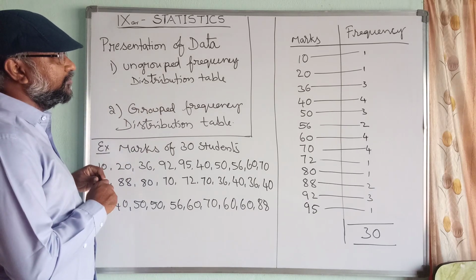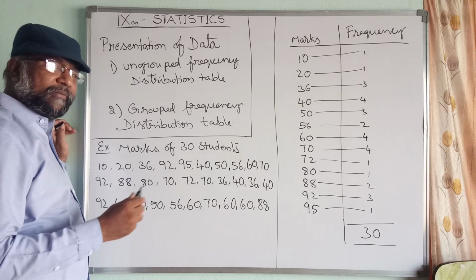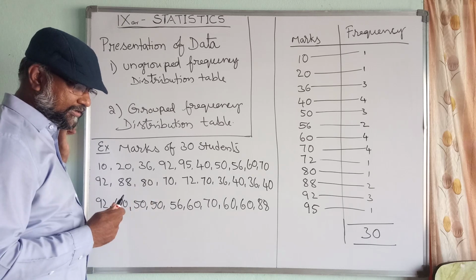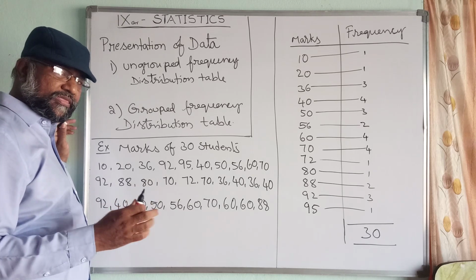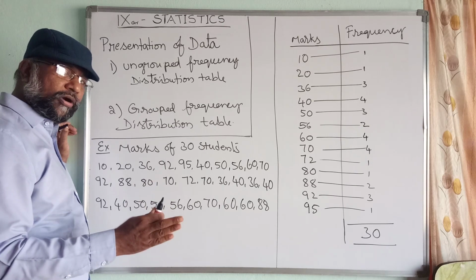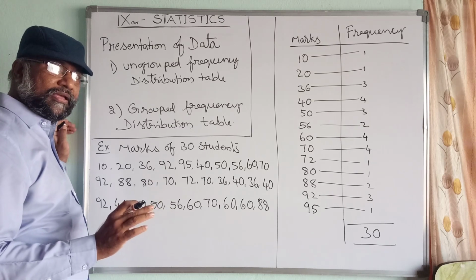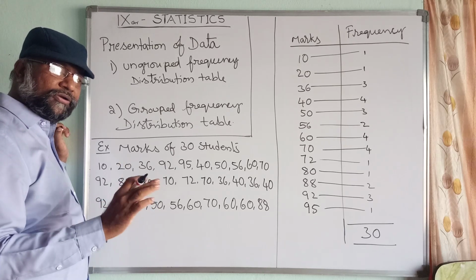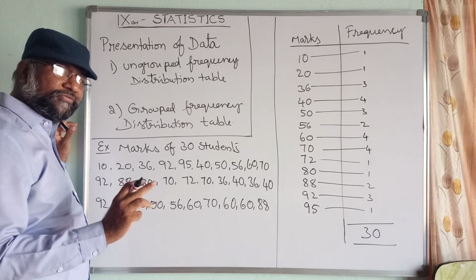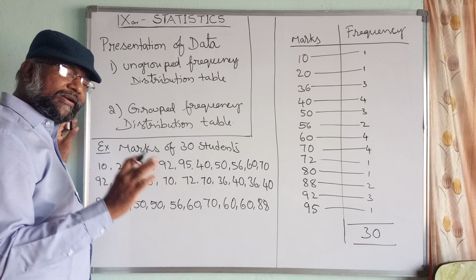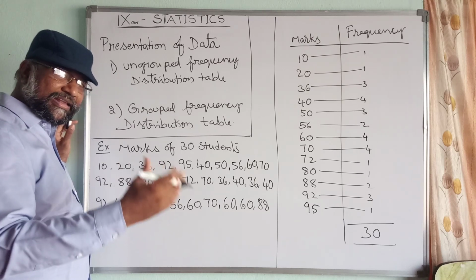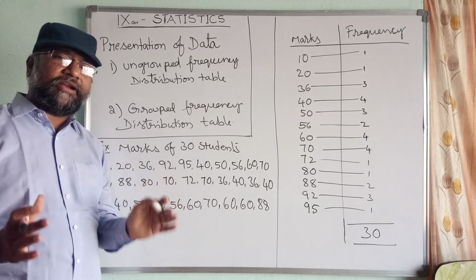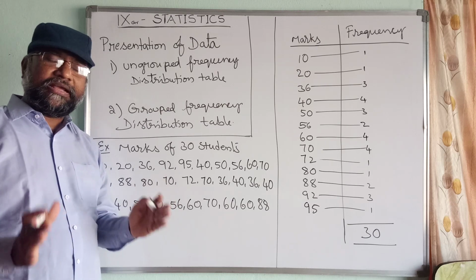Now, first of all, I want to explain what frequency is. The number of times something occurs is called frequency. For example, in 1 hour from morning 8 o'clock to 9 o'clock, the power goes off two times, and from 9 to 10 o'clock, the power goes off four times. From 10 to 11 o'clock, it may increase to seven times. That is called the frequency. Frequency means the number of times something occurred in a particular period, a particular time.